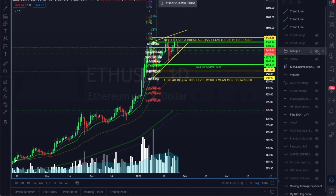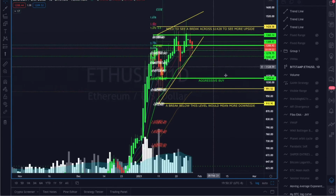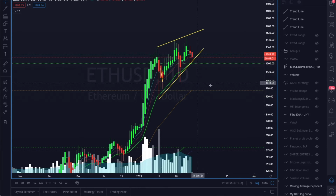No. Okay, so this was the idea that I posted in the trading group about a week ago now. We had this aggressive buy after we got this correction, moving to the upside. I wasn't sure if we were going to get the continuation, so I thought it would be safe to place a buy down here. We got a wick down and it did get filled. We are thinking about taking profit here, because if we do break this lower trend line of this rising wedge to the downside, that will take us right to the 55 daily EMA,